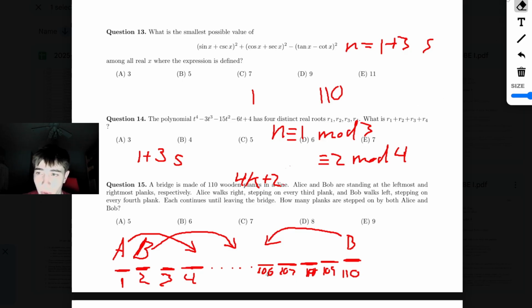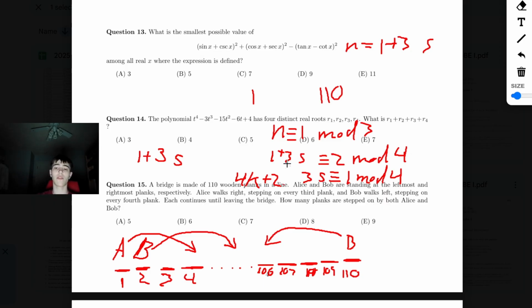So if we replace n there with 1 plus 3s, then we have 1 plus 3s is congruent to 2 mod 4. So 3s is congruent to 1 mod 4. Okay, so 3 times a number is congruent to 1 mod 4. So 3 times a number is going to be 1 more than a multiple of 4. So if we multiply both of these sides by 3,